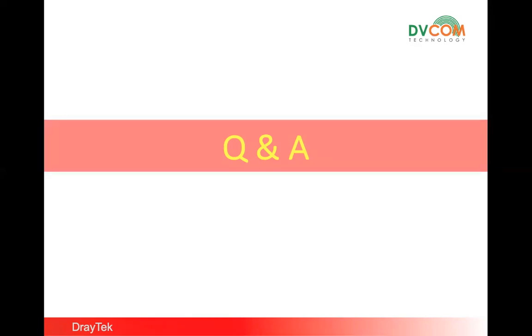Static NAT is nothing but one-to-one. As I mentioned earlier, in case you have a server hosted in your office, when people want to access it from outside, you map one public IP to one private IP. That is called static NAT. And dynamic NAT, mostly we don't use it. That is called many-to-many. Is it clear? Yes, it's clear. Okay, thank you.